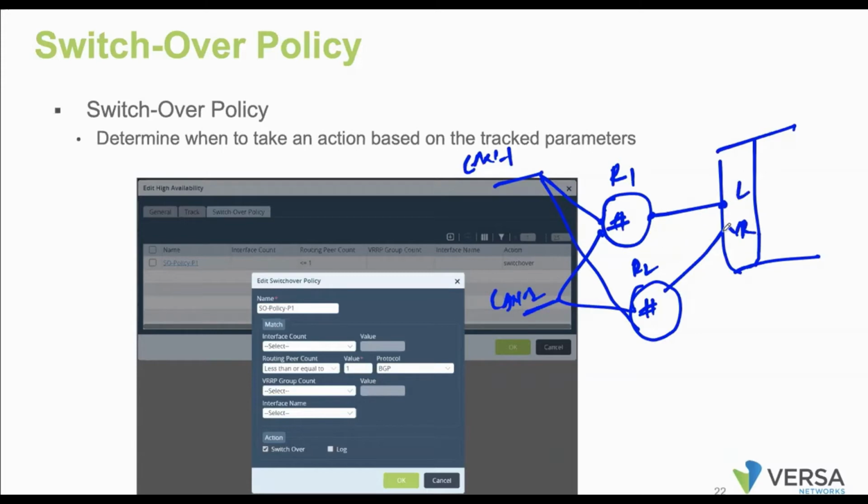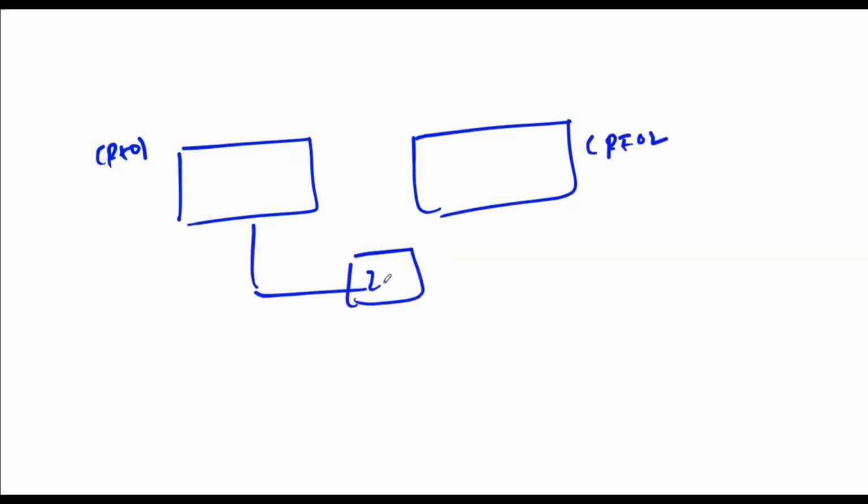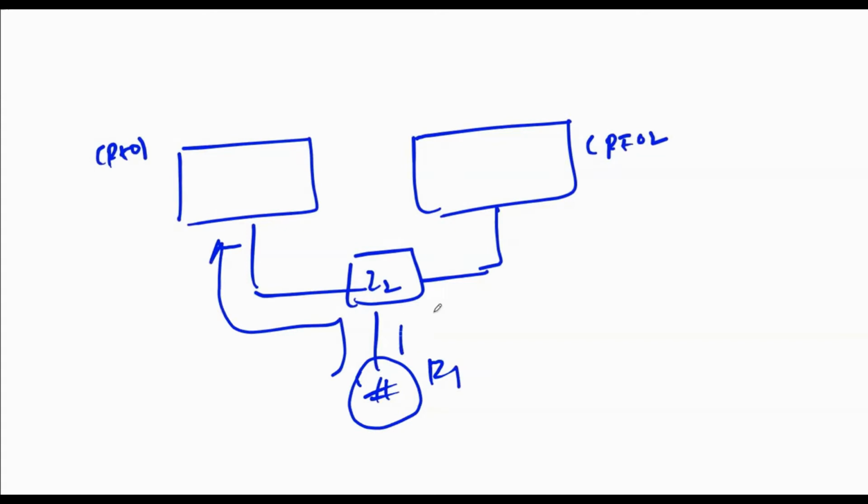You're talking about this type of scenario, right? LAN 1 is connected to both R1 and R2. LAN 2 is connected to R1 and R2. How are you going to configure it on the LAN VR, right? I believe there are two SD-WAN routers, and below that there are two Cisco routers. You're talking about CP01 and then CP02. Yes. Below that there is one switch, right? Suppose in this router R1, what is going to be the next hop?